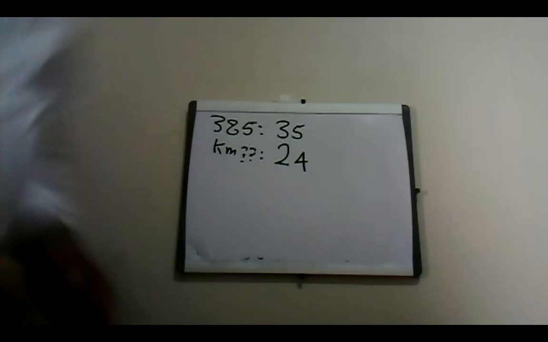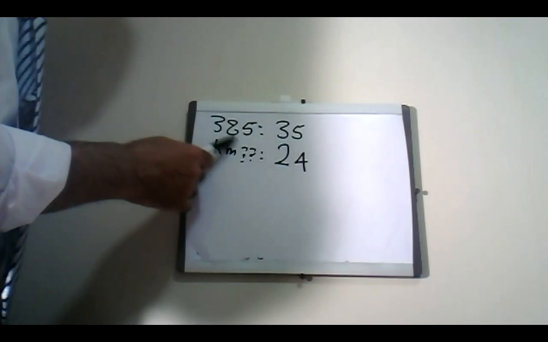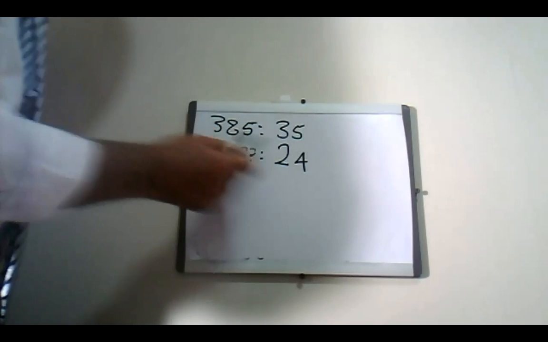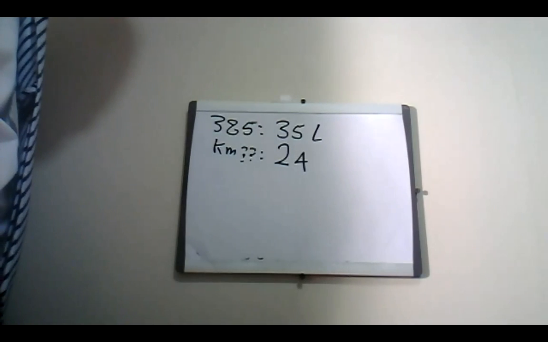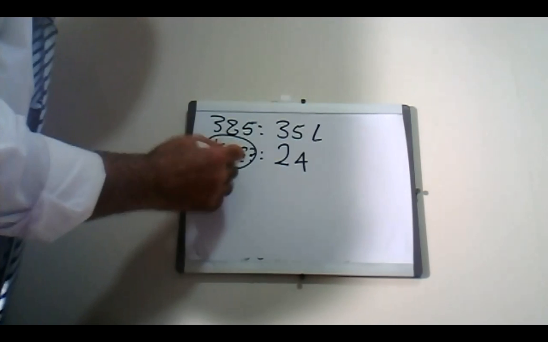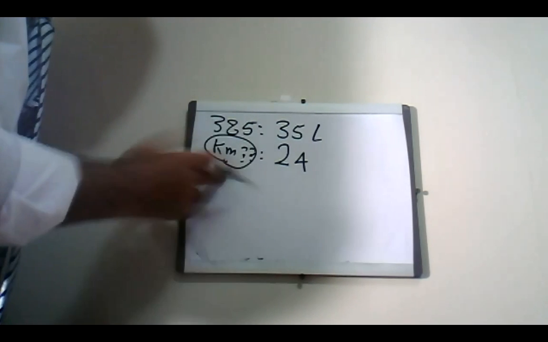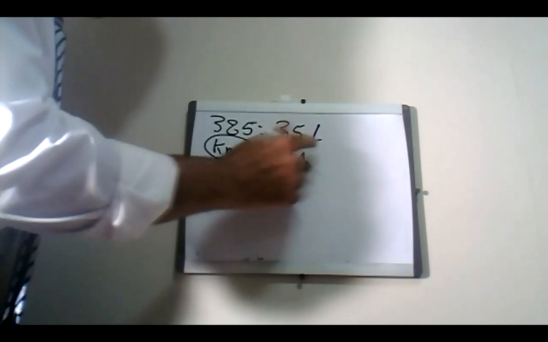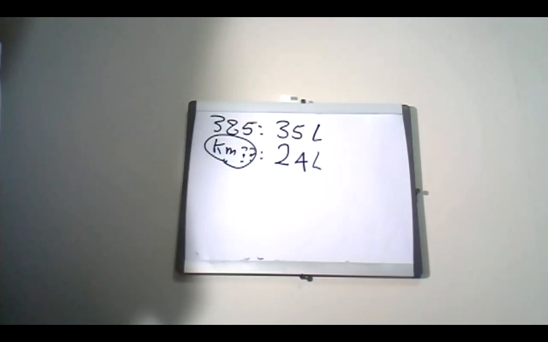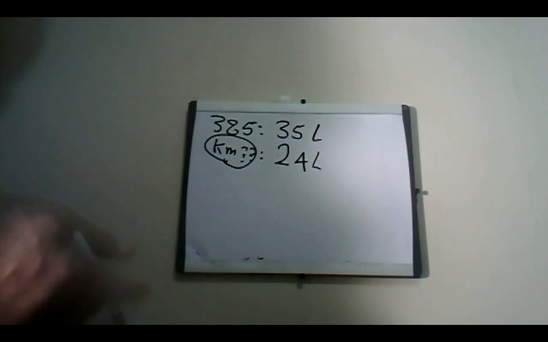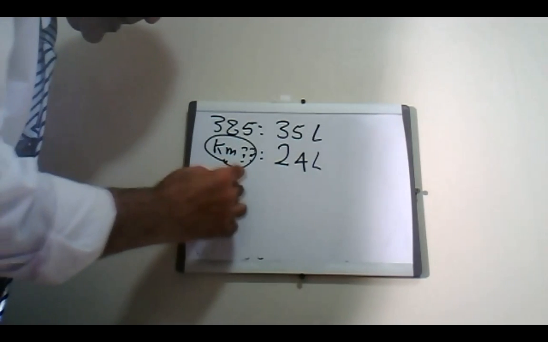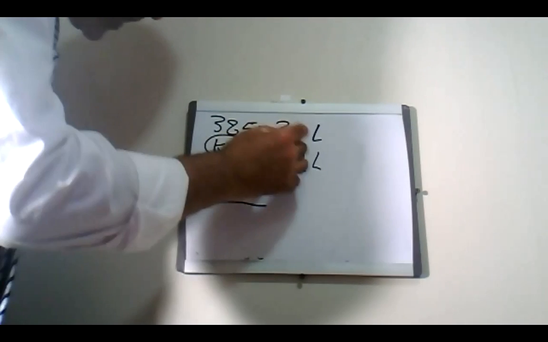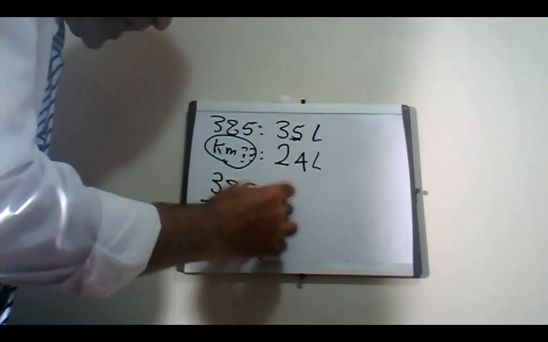Stop sharing the screen. Now I will say the problem again. My car can travel 385 kilometers for 35 liters of gasoline. I want to know how many kilometers it will travel if I put 24 liters of gasoline. It's very simple. In the solution, 385 divided by 35 will equal